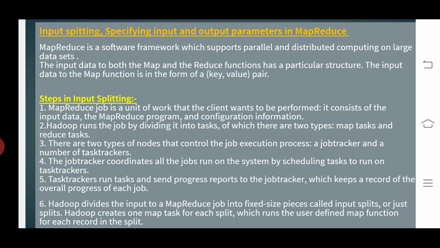Now we can say the default rules for how the input splits are constructed from the actual input files are a combination of configuration parameters, and one more, the capabilities of the class that actually reads the input records. An input split will normally form a contiguous group of records from a single input file.